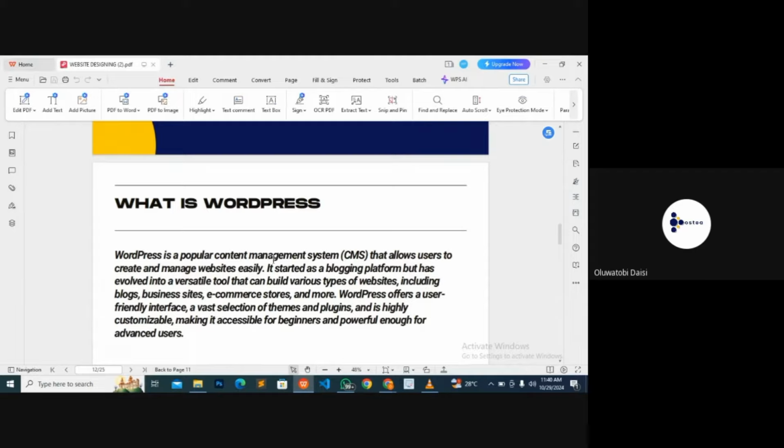When we talk about WordPress in website designing, there are different platforms you can use to achieve the purpose of creating a website. We have platforms like Shopify. We have platforms like WordPress, which is what we are talking about today. Let me paint an image that will help you understand this properly. When you talk about WordPress, take it as a construction company that has some freelance engineers registered under them.